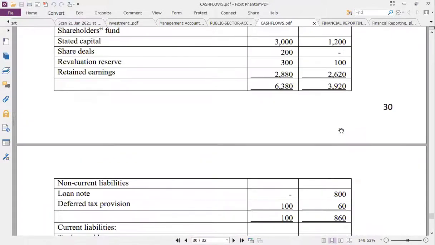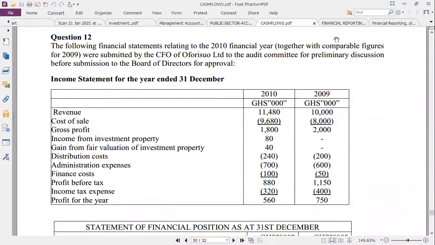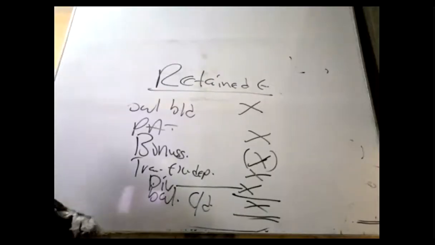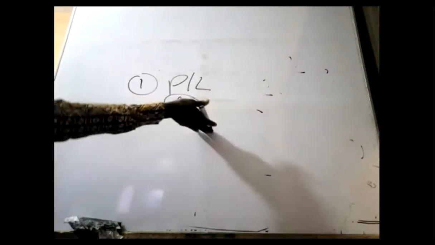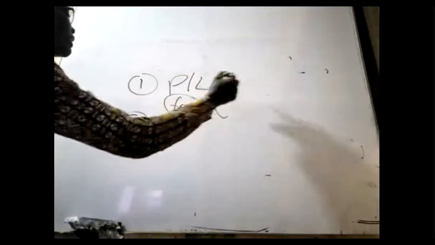When they are preparing the financial statement, in the cash flow question, let me tell you the items that you need, in a situation where the examiner provides others, so you don't find yourself in big trouble. Number one, you need the P&L. If they don't give you the P&L, they have to give you some few items in the P&L, in the form of footnotes, or the profit made of this, depreciation, this and that. Item number 2 you need: the P&L we need is for only the current year. Only the current year.